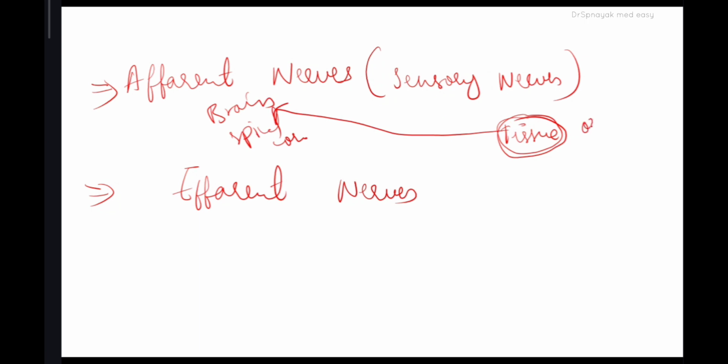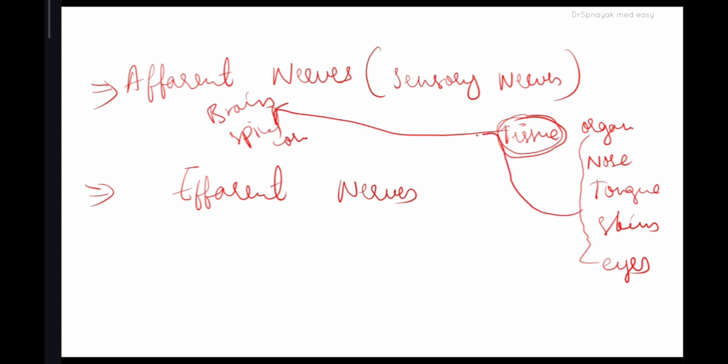They are starting from organs, special organs. For example, we have the nose, the tongue, the skin, the eyes. From all these different organs, the sensory nerves take these special senses to the brain or spinal cord. That's why they are called sensory nerves. It is very, very simple. Sensory nerves are those nerves which take information from the tissues to the brain, and efferent nerves are called